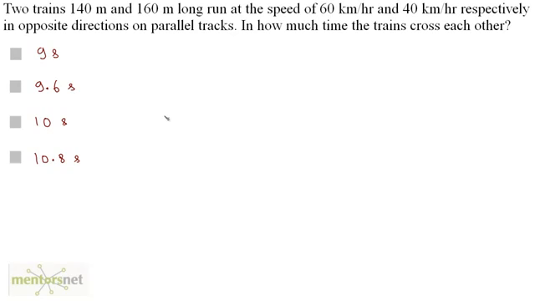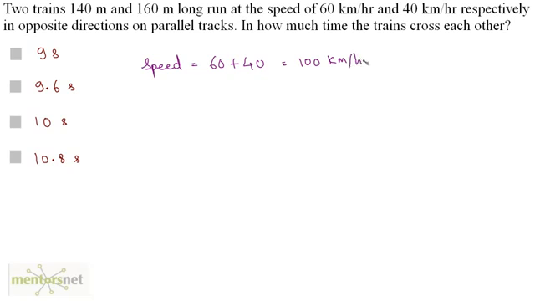Two trains 140 meters and 160 meters long run at a speed of 60 kilometers per hour and 40 kilometers per hour respectively in opposite directions on parallel tracks. In how much time do the trains cross each other? Well, this is a pretty straightforward question. The two trains are traveling in opposite directions, which means that their relative velocity will be the addition of their speeds. So relative speed here is equal to 60 kilometers per hour plus 40 kilometers per hour, and that's 100